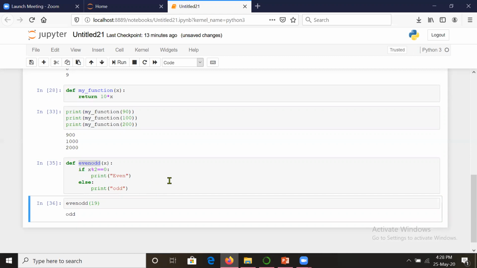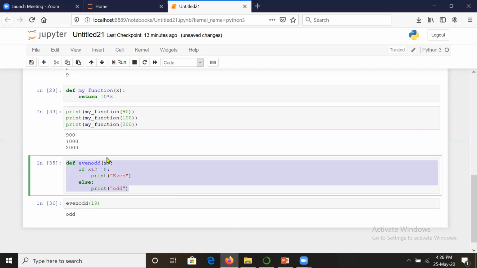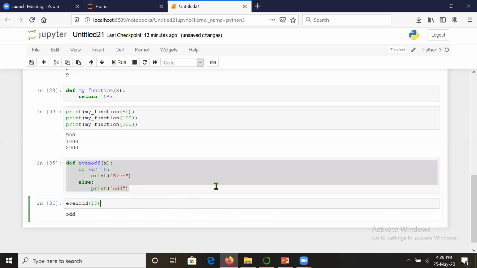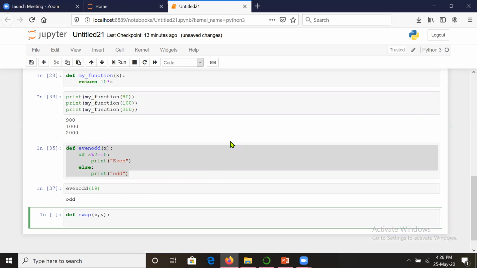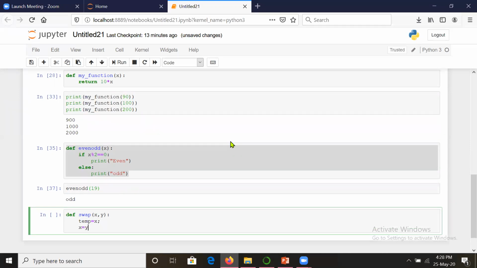Now let us move ahead and write a function for swapping. You know the logic behind the swap. We are taking two numbers x, y, and let us take the value in temp equal to x, x equal to y, and y equal to temp.